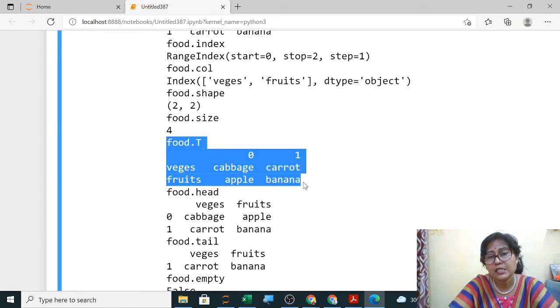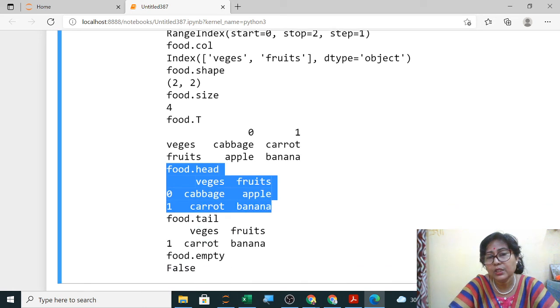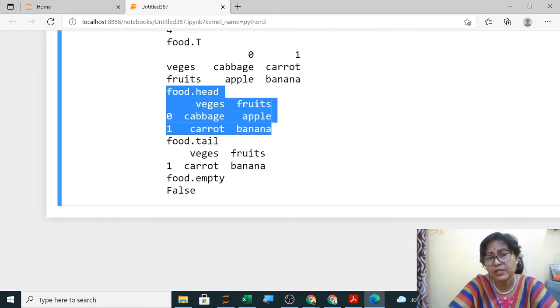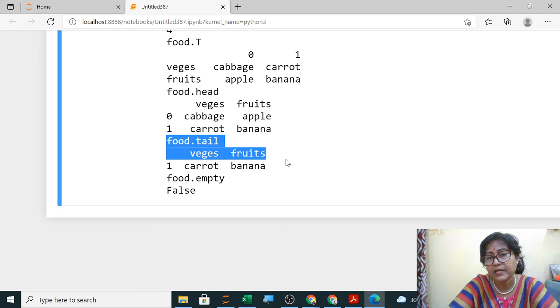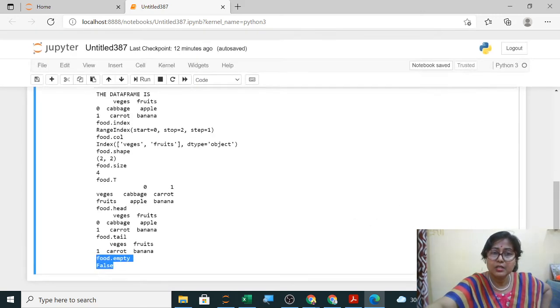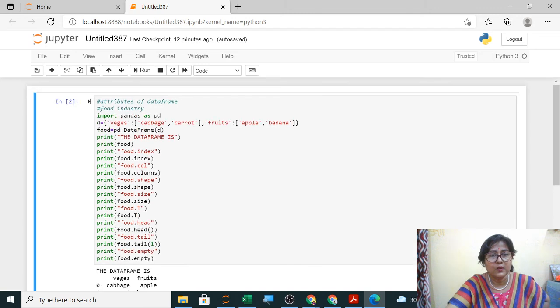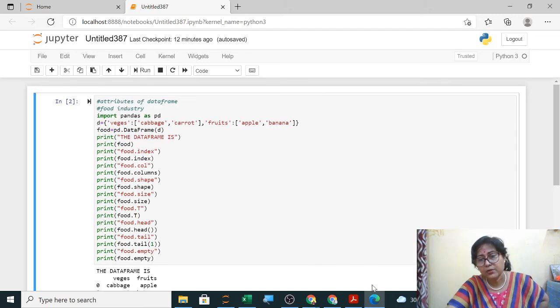Food.transpose is this. Food.head. Now here you can mention that only 2 records were there. So only 2 it has displayed. Otherwise 5 it should display. Then food.empty is false. Understood? All the attributes. So time is over. So these are all the attributes.